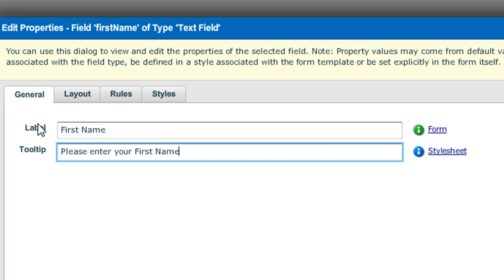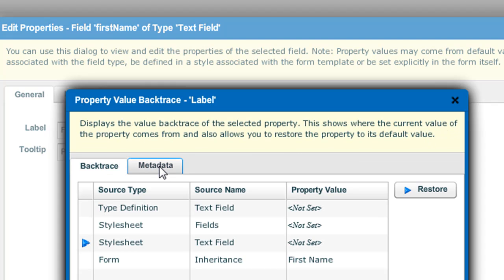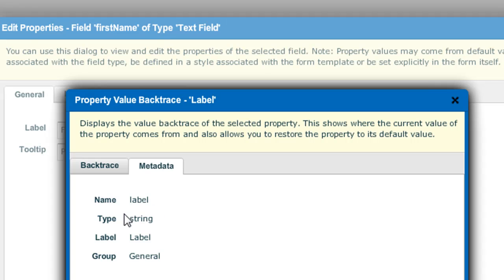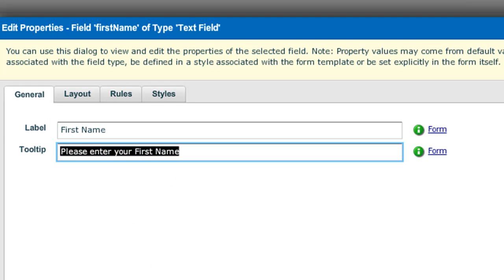And if you ever do want to refer to another field by name, simply click on the property backtrace, which we've seen in another presentation. Click on the metadata tab, and there you'll see that the underlying or programmatic name of this particular property is label with lowercase, and all properties have that label, and you can then simply refer to it with the special notation $ curly braces and